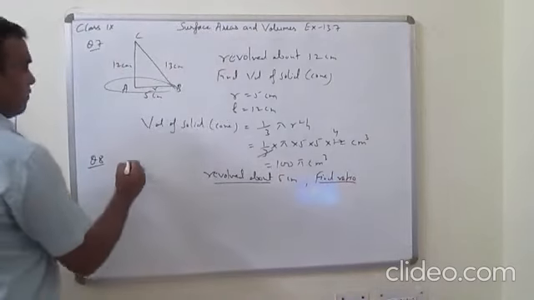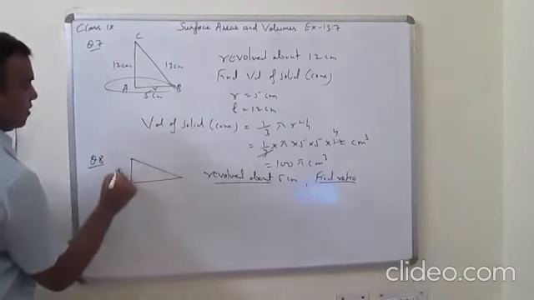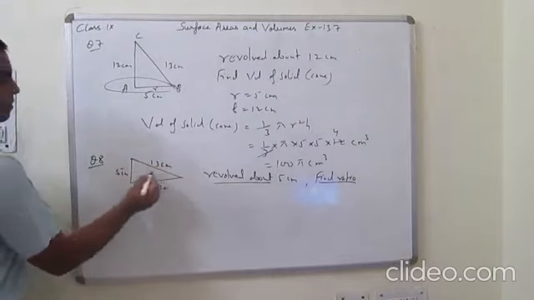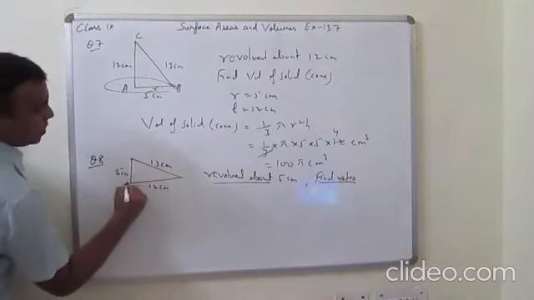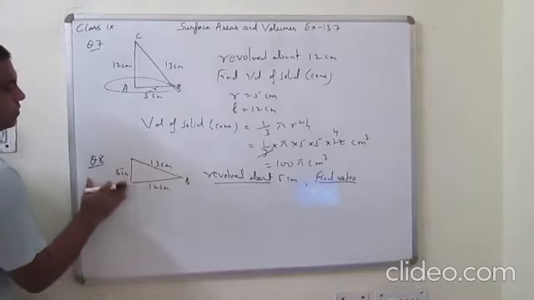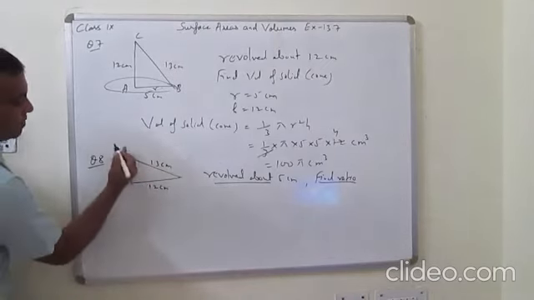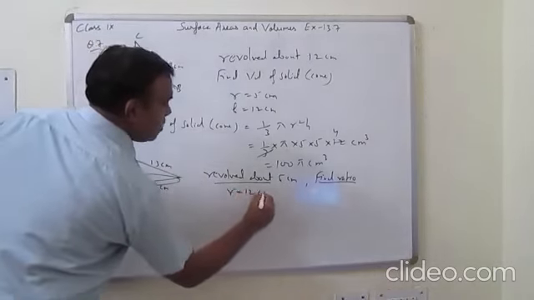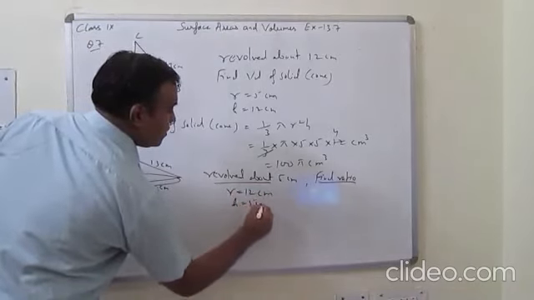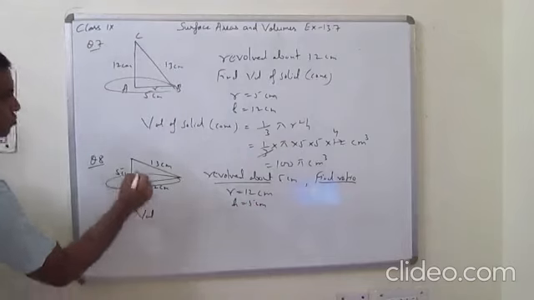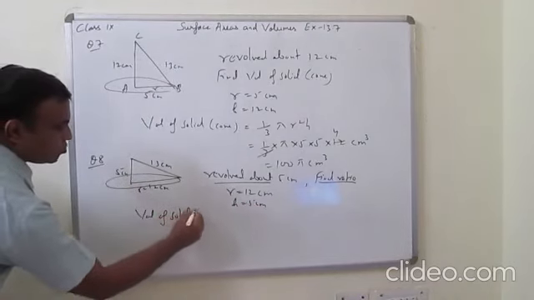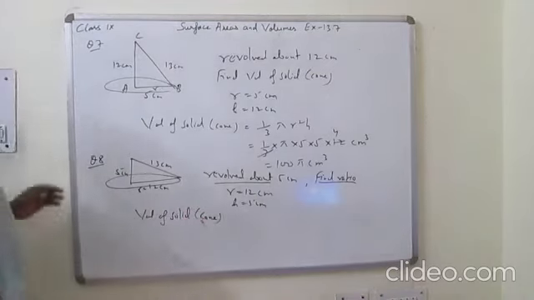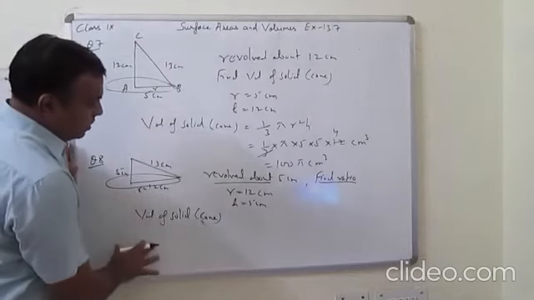No, 5 is this, 12 is this. This is 5 centimeter, this is 12 centimeter and this is 13 centimeter. Now it revolves along the 5 centimeter side. Triangle ABC is flipped. It revolves along this 5, so the radius r is 12 and height is 5 centimeter. So the volume of the solid in this case is also a cone. Whenever you revolve a right triangle, it forms a solid cone.